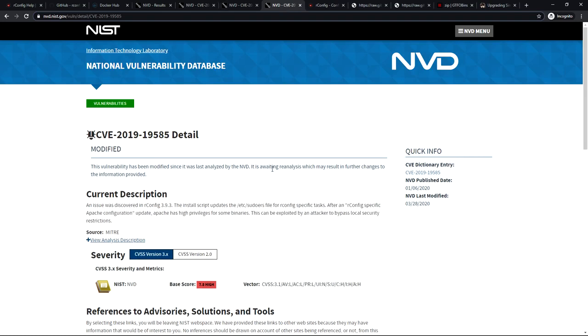And finally, using the third vulnerability, we will escalate our privilege from the local user, that is Apache, to root. All these vulnerabilities affect open source rConfig version 3.9.4 and below.